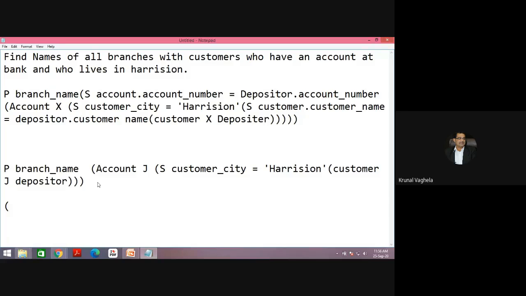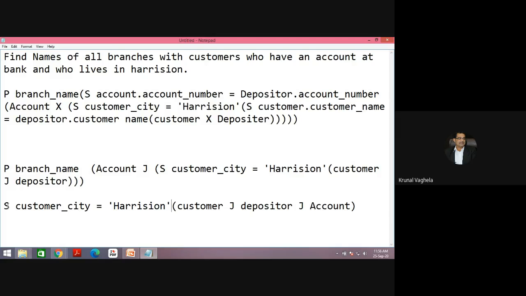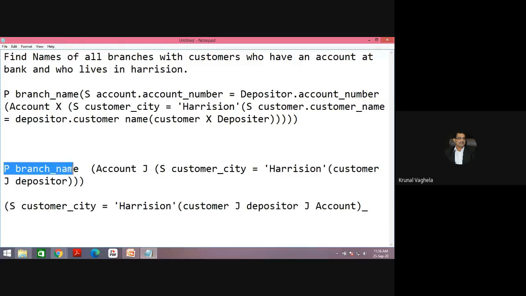It is also right, where customer join depositor join account, and from that just select records where customer city is Harrison and project branch name. This is also right.